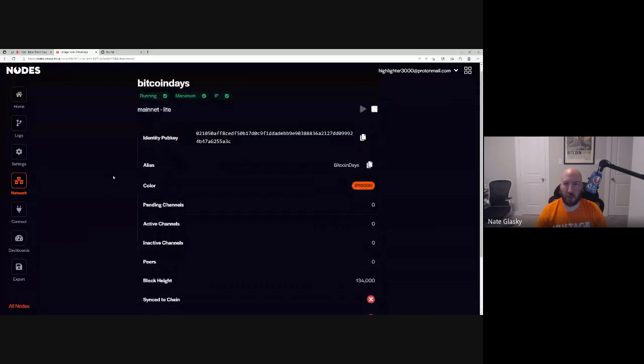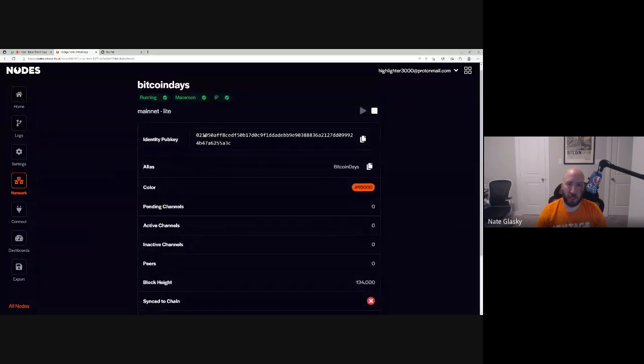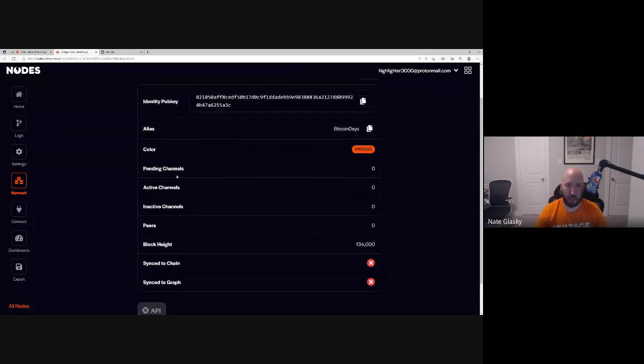Network, this is just going to show you your public key of your node and sort of what your setup is, how many payment channels you have, your peers, and that sort of thing. Right now it says sync to chain X and sync to graph X. Sync to chain means sync to the base Bitcoin layer. Because we chose the light node, Tor is going to be a little bit slower at setting up than if we chose standard.